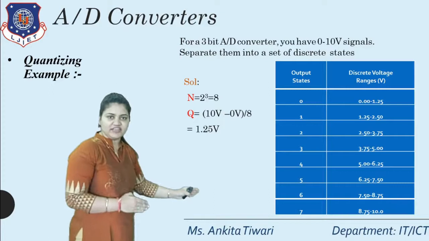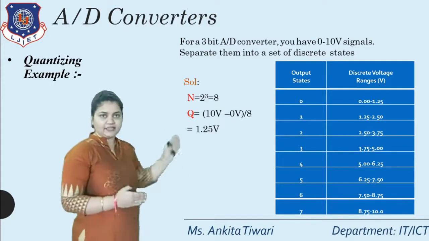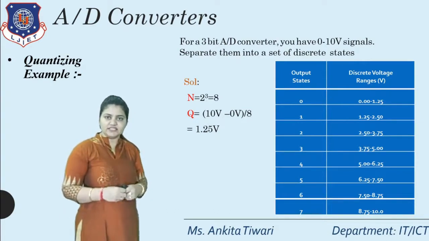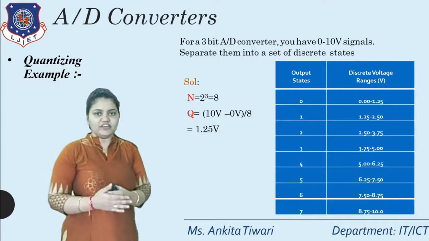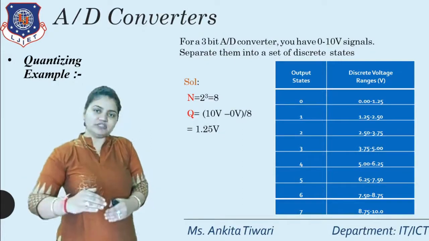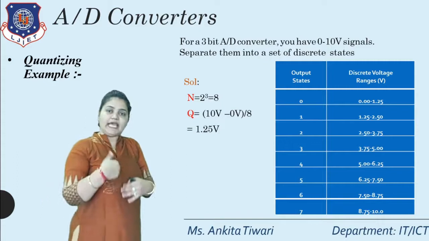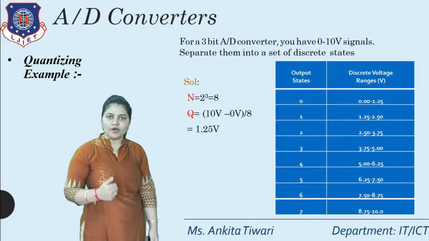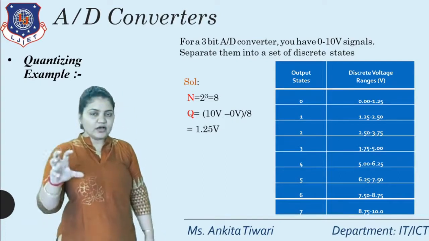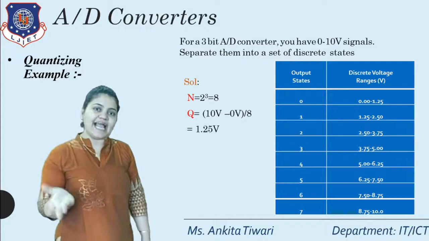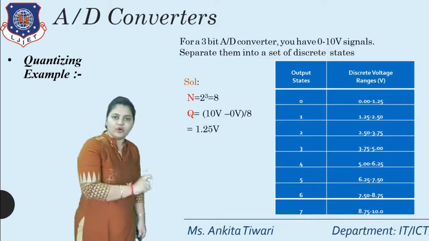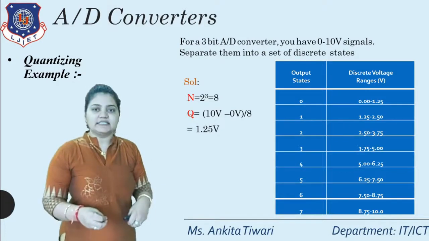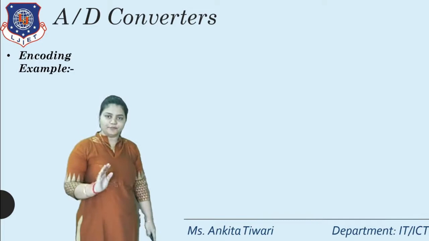So here 8.75, the last value is still 10 volt and the range is also 10 because the last Vmax value which is given to us in this example is 10 volt. So we need to divide this 10 volt only into 8 possible combinations, and that possible combination is with respect to the step size that we got, that is 1.25. So this is what quantization is. That is a process in order to convert analog to digital. If we know this, then and only then we can divide the voltages and we can have the signal. Okay.